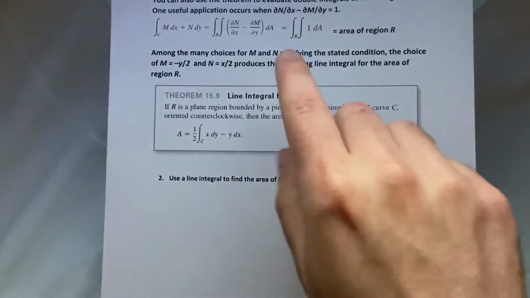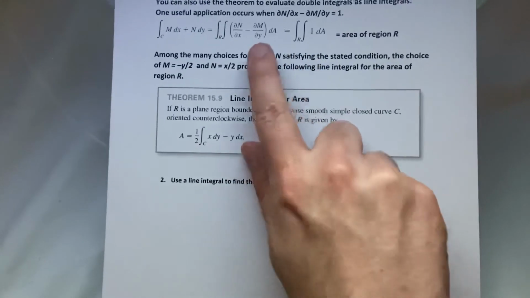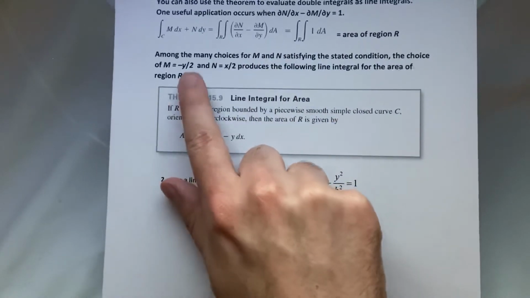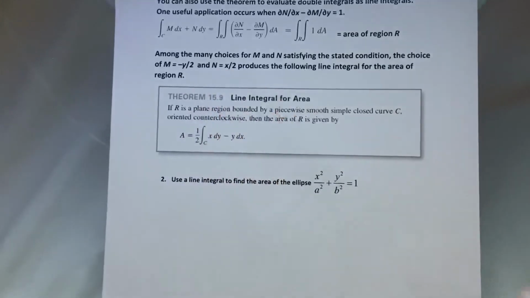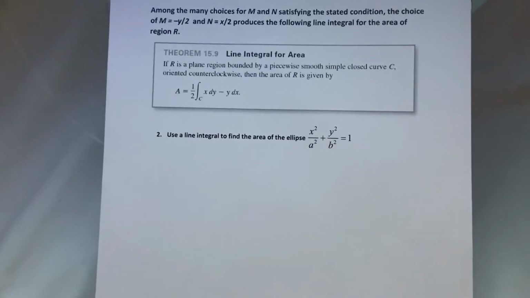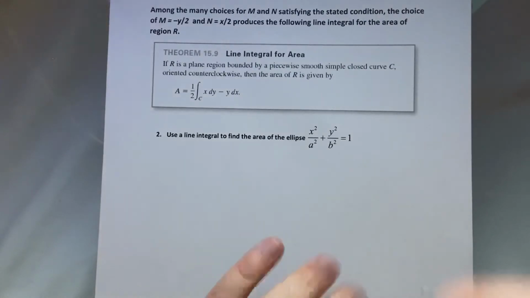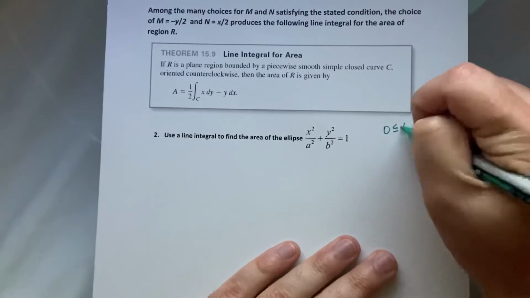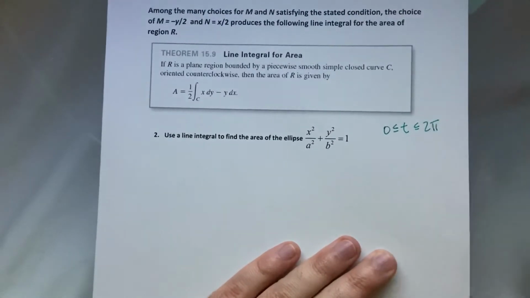Among the many choices of M and N satisfying this stated condition, the choice of M equals negative y over 2 and N equals x over 2 produces the following line integral for the area of the region R. So this is the simplest one. So how can we use this? Use the line integral to find the area of the ellipse x squared over a squared plus y squared over b squared equals 1. Okay, so if you let t go from 0 to 2 pi,